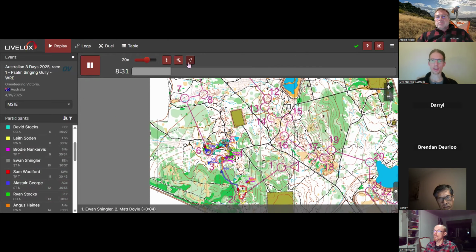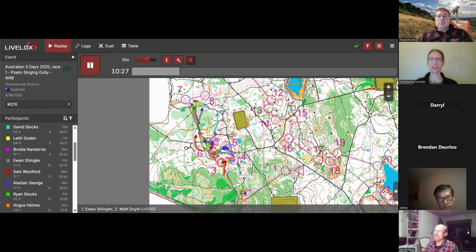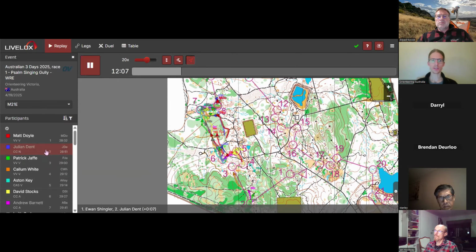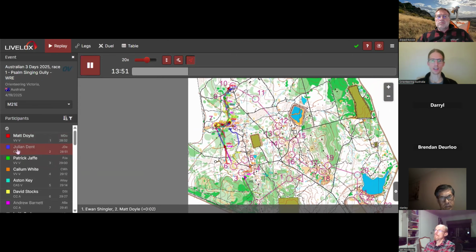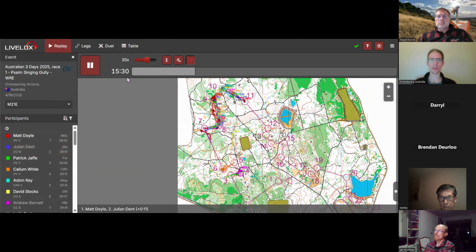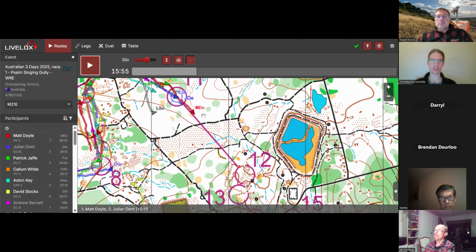The little button at the top here that I didn't mention before says show virtual straight line routes. So when I turn this button on, it brings in the people who didn't upload their GPS tracking or didn't have tracking. You'll see the second one on the left-hand side, Julian Dent didn't have tracking, his route uploaded. And it becomes very prominent in this control that I want to zoom up on here, 11 and 12. This is kind of interesting. So you'll see the first competitor, Matt Doyle, is out in front. We've got Julian Dent.